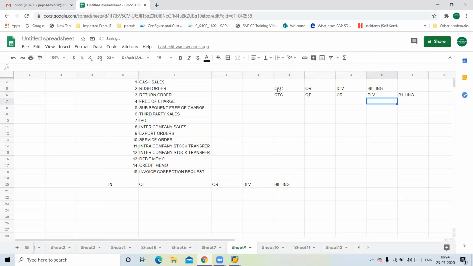These are the two kinds of process we have seen till now. Now what are all these special processes? These two processes, if it starts from order, or from quotation, or even from inquiry.